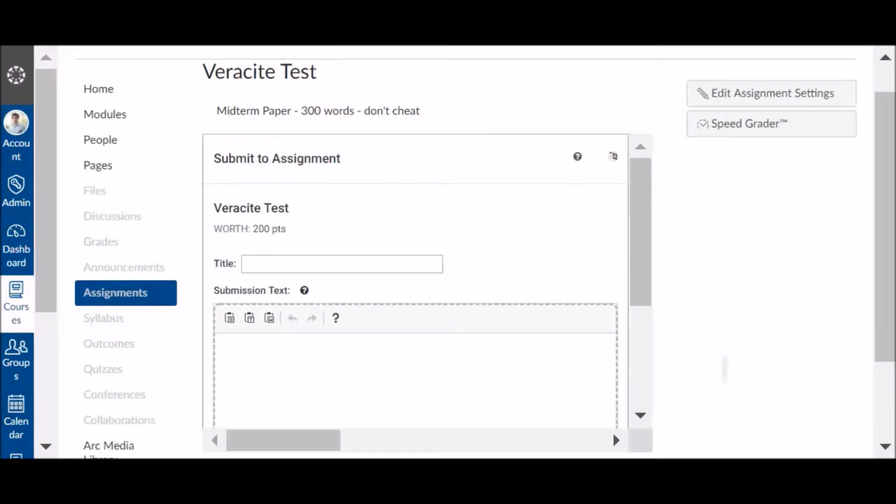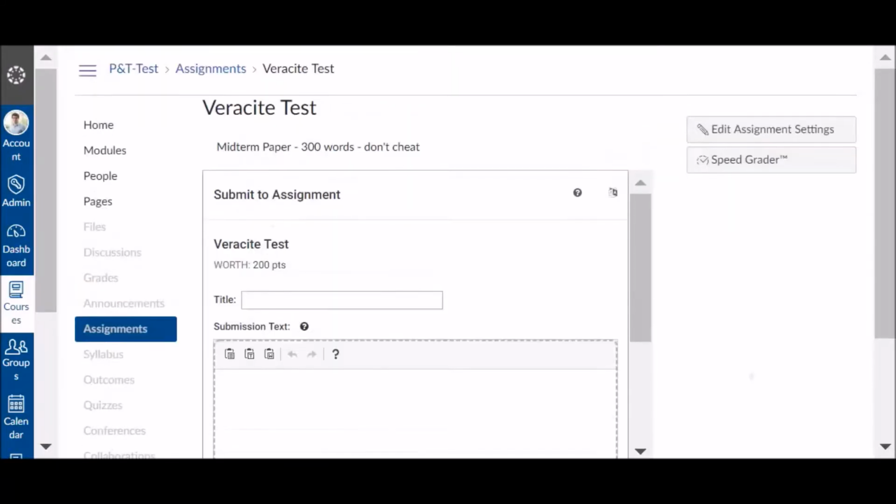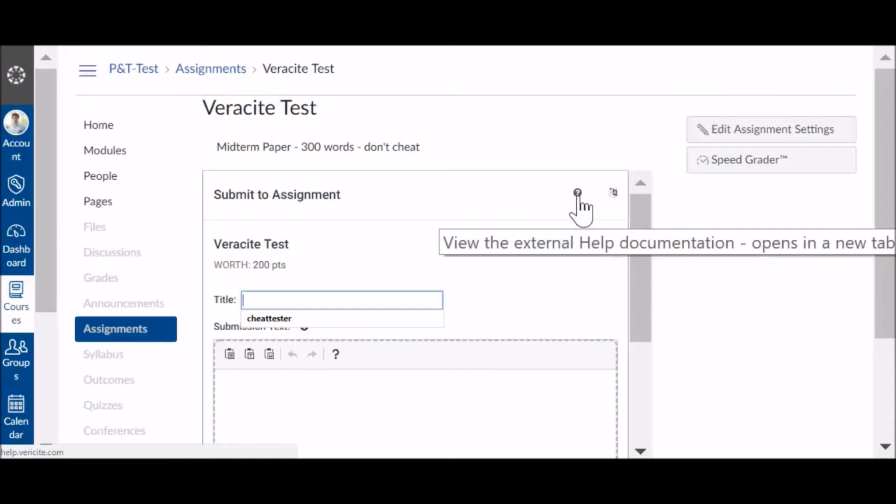So now for you as the instructor, this is what you see on your end. If you have questions about Vericite and using Vericite, click this. View the external help documentation. This will take you to the tutorial that Vericite provides. Finding information on Vericite on the web is kind of sparse. You'll need to do it through the program if you really want to get in depth and learn the most